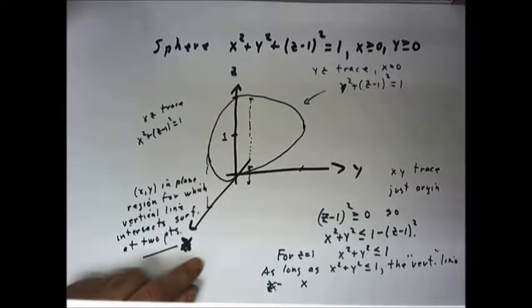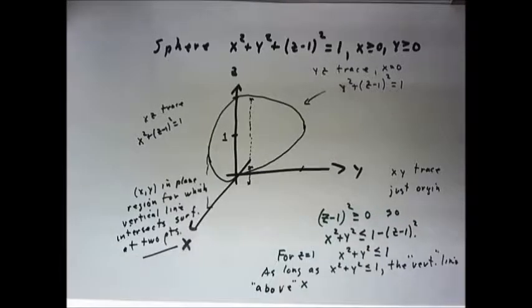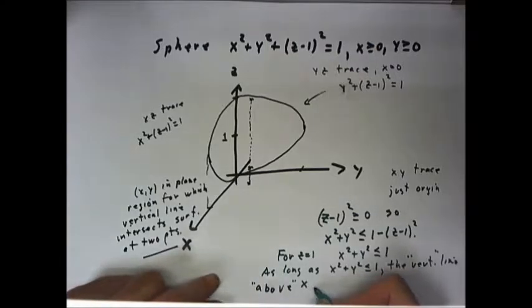I'm going to have to stop and fix a couple of things here. Okay, a few touch-ups here. The vertical line, I was going to write the equation of the line, but that was going to get too complicated, have to parameterize it and so forth. The vertical line above x, y is 0